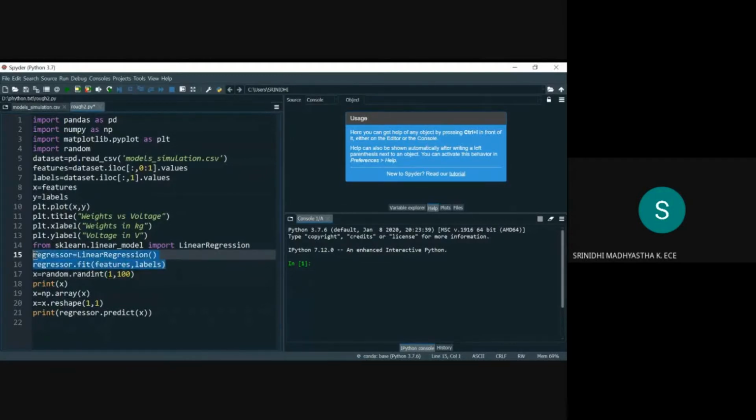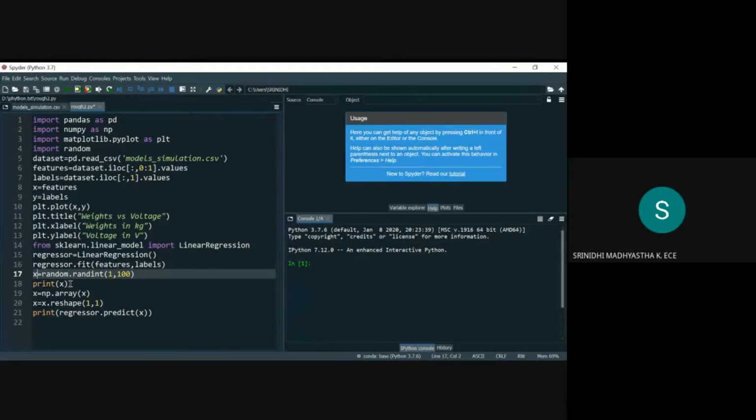These are the algorithms which come under linear regression. After doing this, we generate a random number between 1 and 100. We use x equal to random.randint(1, 100), where 1 and 100 are both included. The generated random number is stored in x. Then we print the random number.